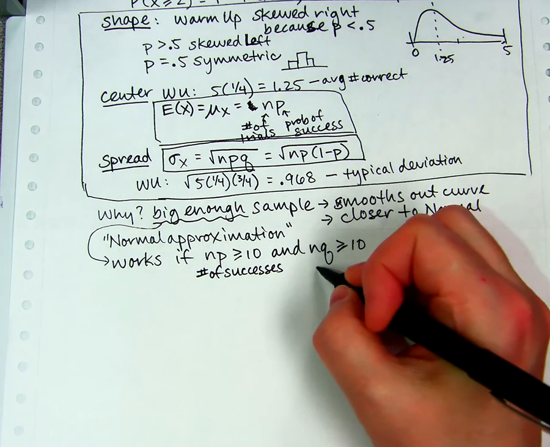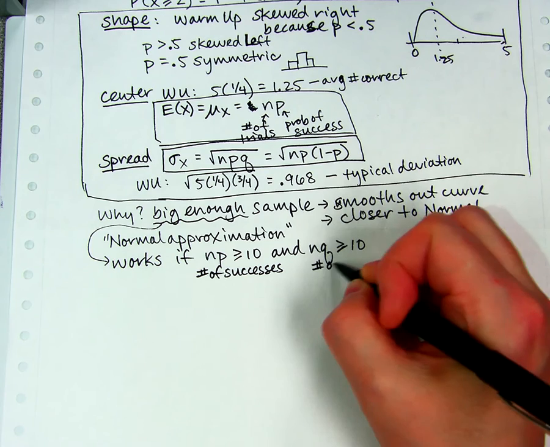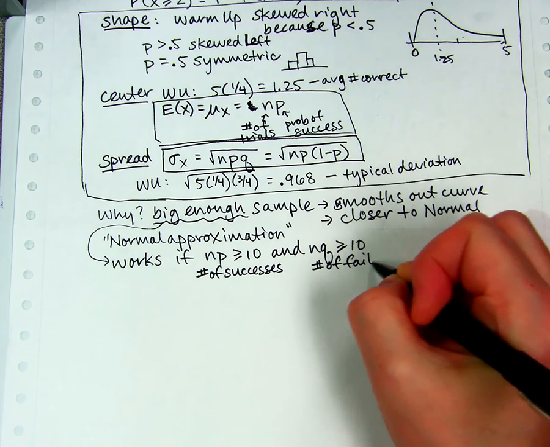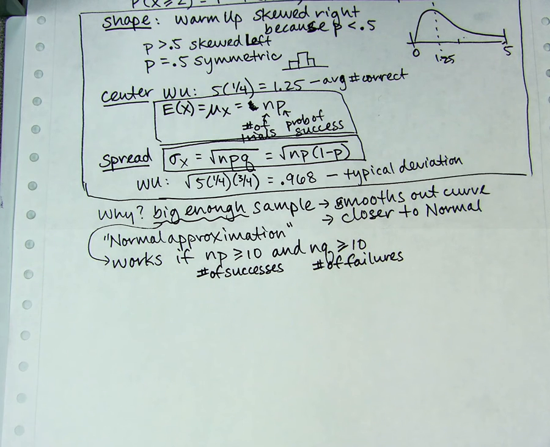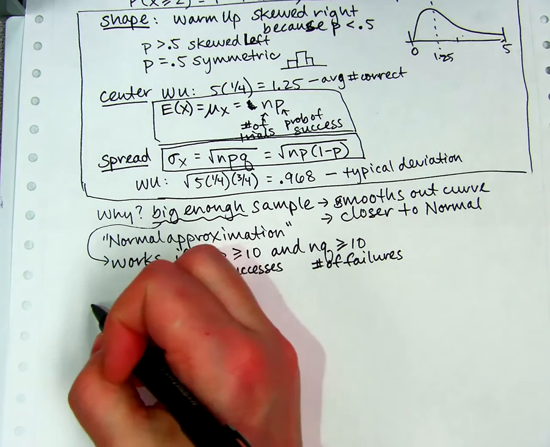NQ is the mean number of failures, or expected number of failures. So if your sample is big enough to have at least 10 successes and 10 failures, then it's big enough to assume that it's approximately normal. So let's do an example